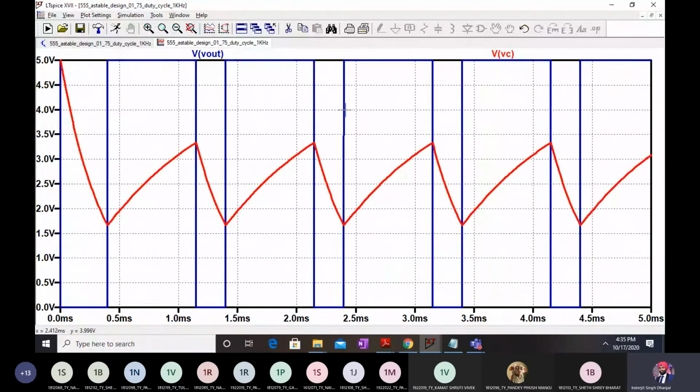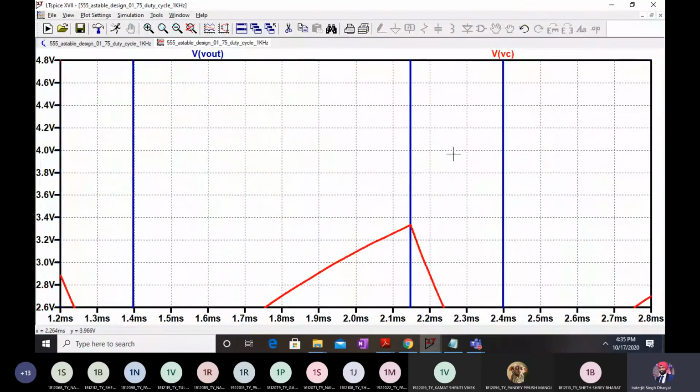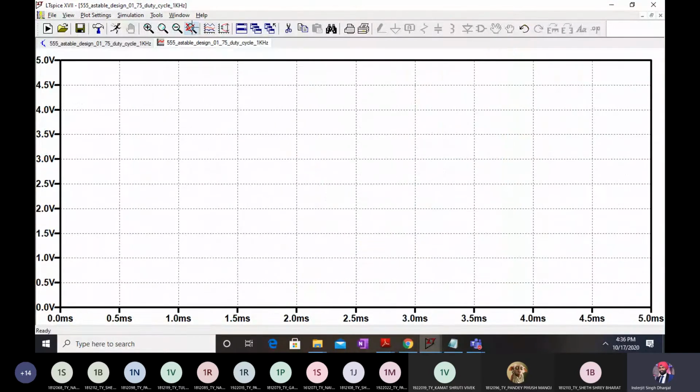3 times more than the off time. If you consider this as total time period, let me expand it further. Yeah, if you consider this total is T from this side to this side, this T off will be 1/4 of this, and this will be 3/4 of this. So T on will be 3/4 of the total period, and T off will be 1/4. As you can see easily, if this is 4 units, this will be 3 units, and this will be 1 unit. Anyone having any doubt in this waveforms?